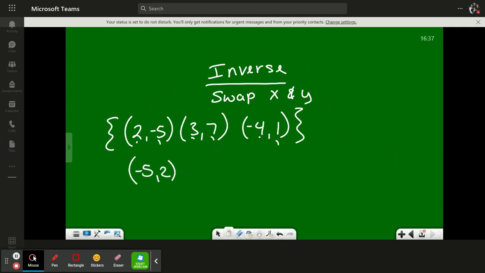(-5, 2), (7, 3), (1, -4). My inverse function is just swap your x and y. That's it. Swap your x and y. Okay? If I have a graph,